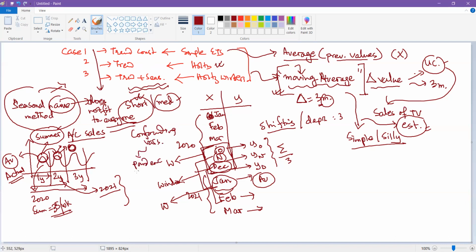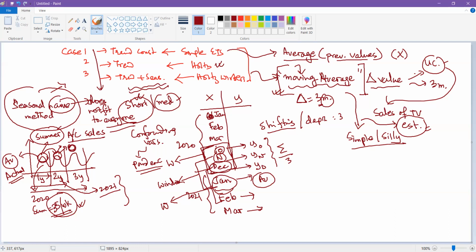If there is a pandemic, then this entire idea is going to change, that every year I'm going to have an average of 35 ACs per week sale, at least in the summer season, right? So that's where the problems have cropped up. So let's try to understand what this is really meaning. I hope you got the point, right?